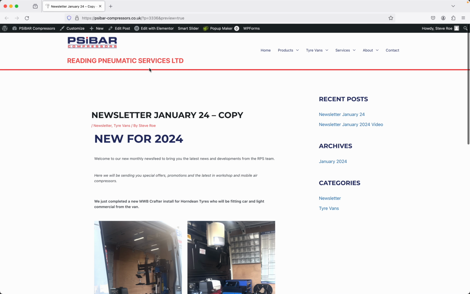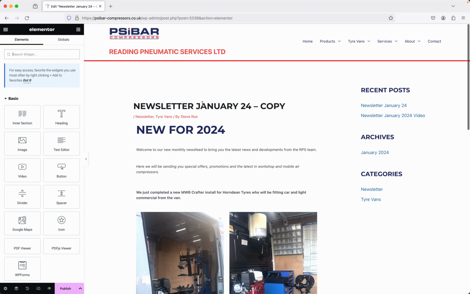In fact, I'm going to open it in a new window here. So the key thing to do with WordPress when you're editing newsletter pages, make sure you hit this Edit with Elementor link at the top bar. If you don't do that, there are going to be problems. Right, when we've done that, now we can see,